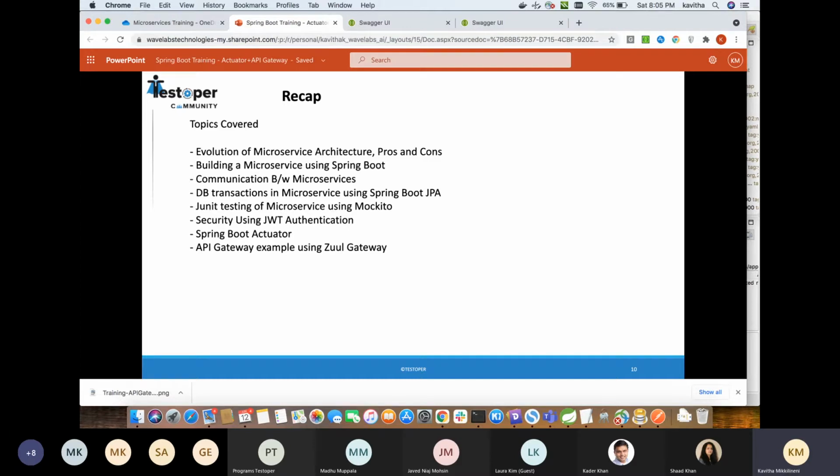But the deployment here is on your local desktop, not on a server. That will be covered later in the Docker and Kubernetes session.